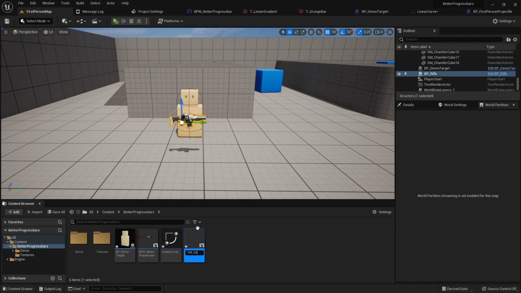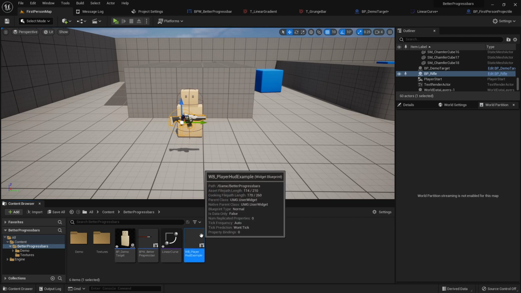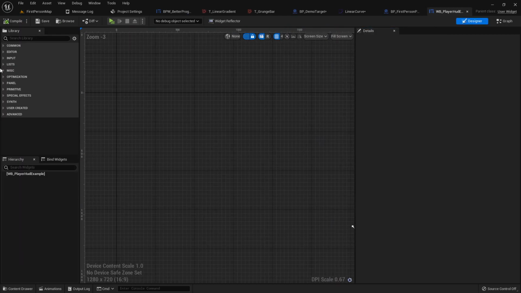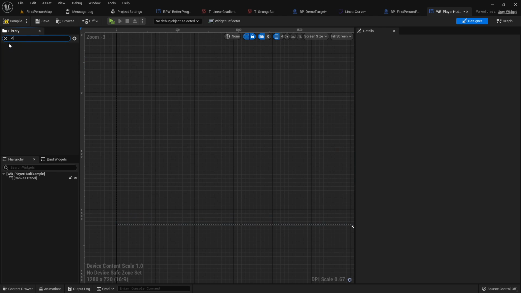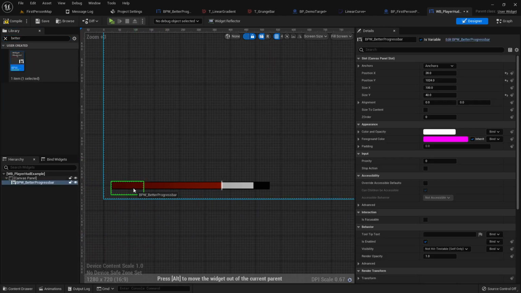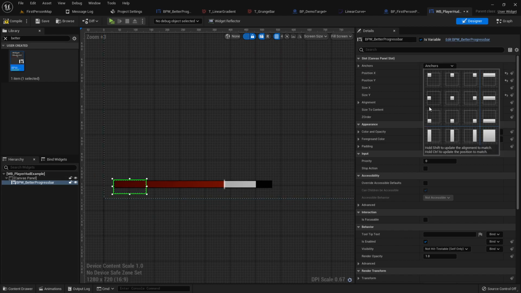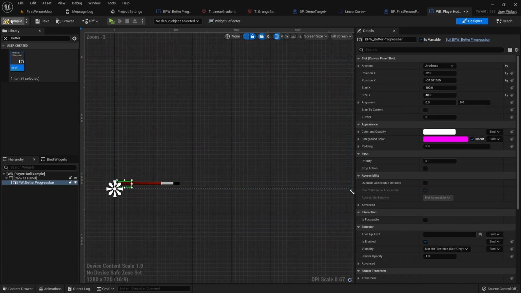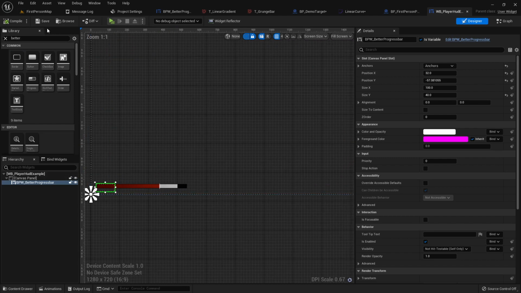So you probably have a HUD. I'm just gonna do WB game HUD. Clear HUD example. I'm just gonna add a canvas, and then I'm actually gonna drag in one of these better progress bars. Gonna align it down to the anchor. It's down there,